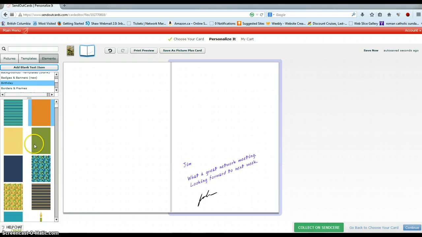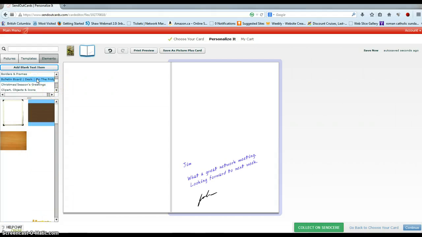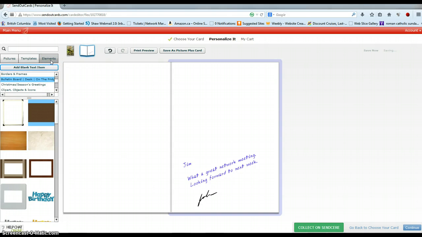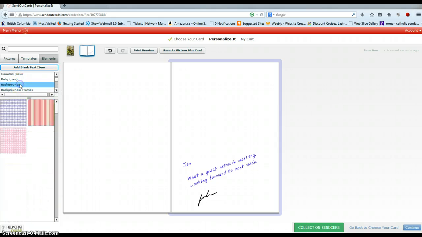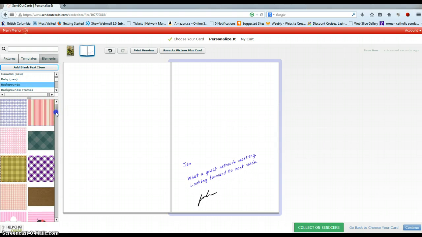Okay, now I can also, what I like to do is I like to make things look a little fancier. Over here you got all kinds of stuff you can add to it. So I'm going to go to Elements, and I'm actually going to put a background in it. If I can find them. Probably went past it. Backgrounds. Okay. Then I go down here